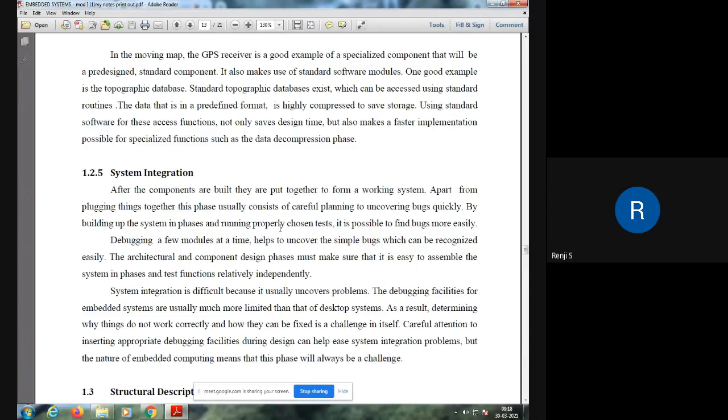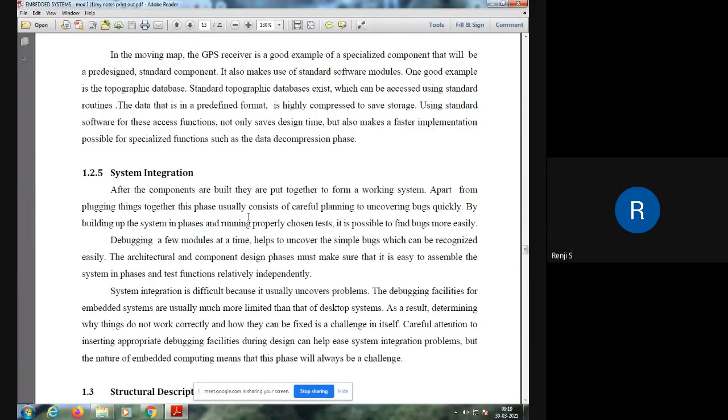The integration is difficult because it usually uncovers problems, and debugging facilities for embedded systems are much more limited than desktop machines. Since embedded systems are developed as per requirements from the customer, all tools may not be available to test the system. There will be only limited tools, and determining where things went wrong will be difficult, because you can just give an input and see the output.